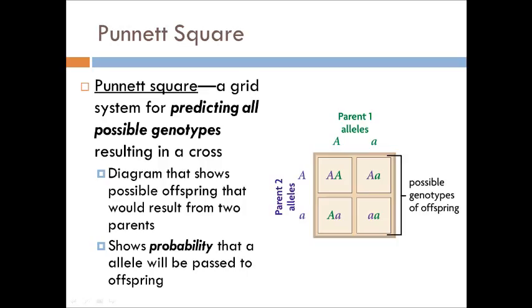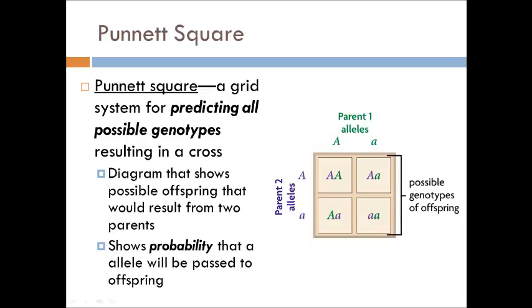Alright, this is going to be talking about Punnett squares. We're going to take the information that we learned yesterday about alleles and traits and heterozygous, homozygous, and now solve problems with them using a Punnett square. So a Punnett square is basically a grid system for predicting the genotypes that result from the mating of two